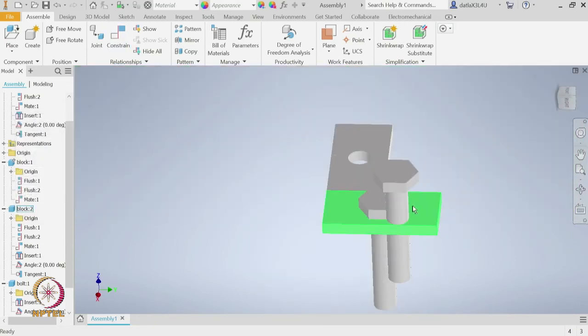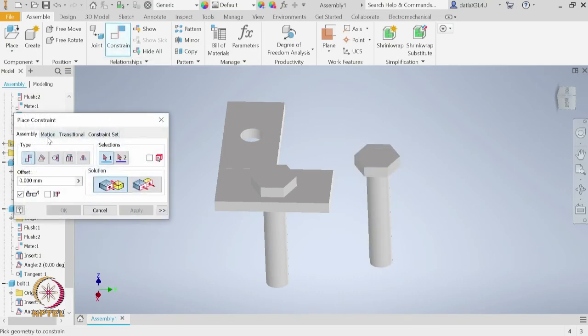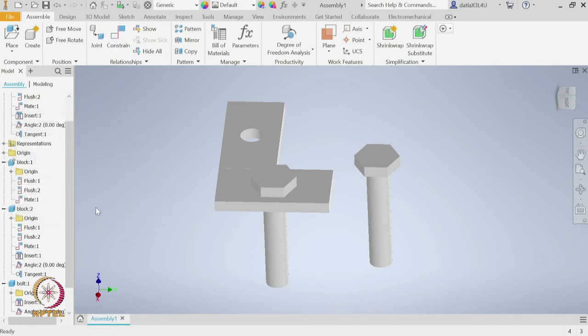So, let me move this slightly away. These are the several constraints one can apply, but if you look closely there are other options like motion, translation and constraint set. It will be helpful to animate the device, but for the current lecture we will focus on the assembly tool. Okay.